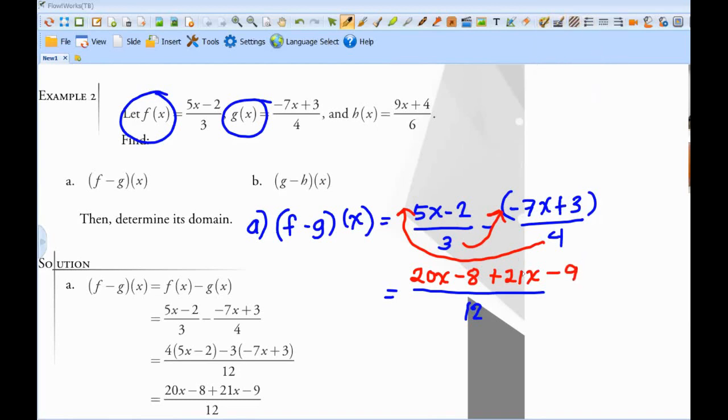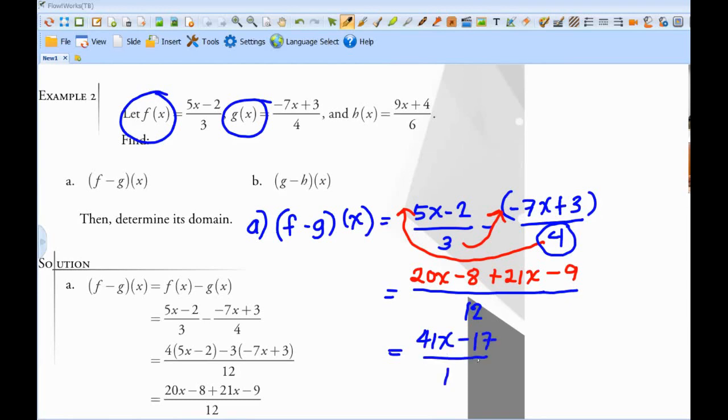You just combine like terms now. Again, we multiply the 4 to 5x, 4 to negative 2, 3 to negative 7x, 3 to 3. But since that's subtraction, the signs change. Therefore, combining 20 and 21 gives 41x, and negative 8 minus 9 is negative 17